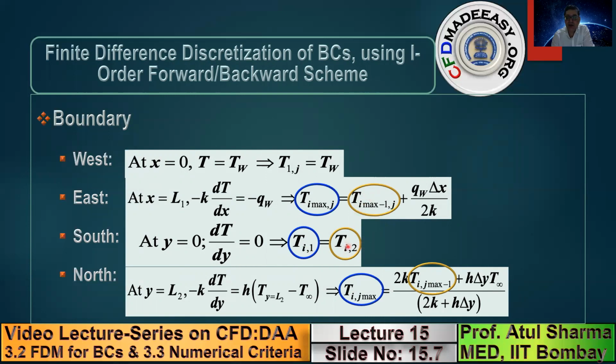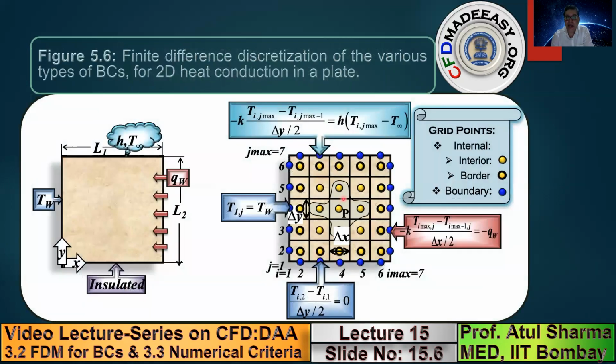Now to make this point clear, I have given a separate name to those yellow circles which are involved while implementing the boundary condition. So in the previous slide, these yellow circle values which are involved to implement the boundary condition, I have shown you by a different name. Note that all the yellow circles I am calling internal grid points, and there are two types of internal grid points, interior and border.